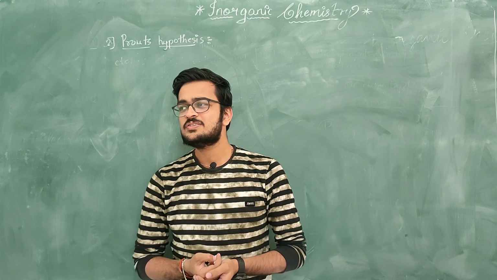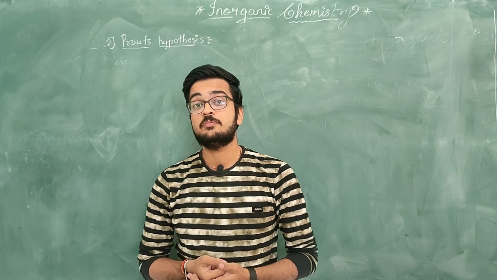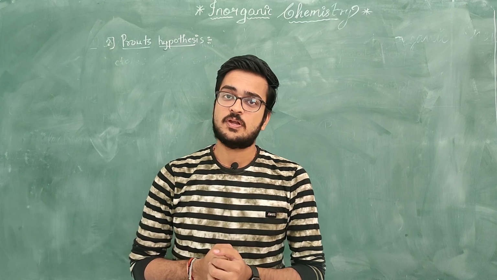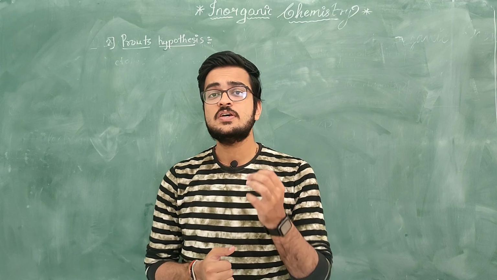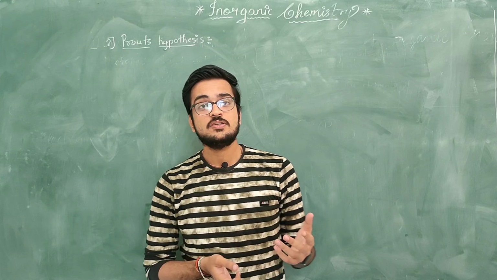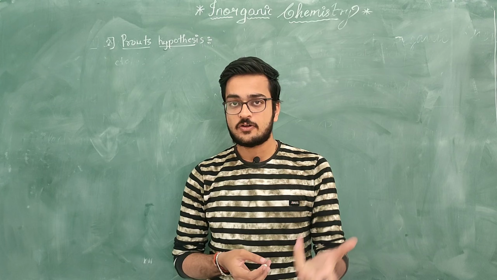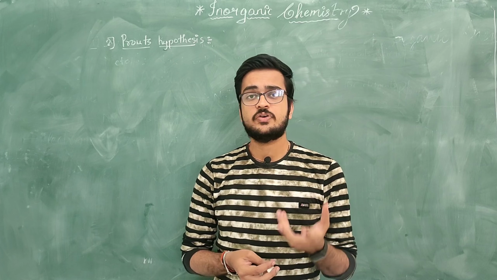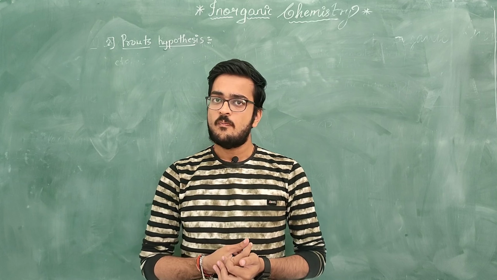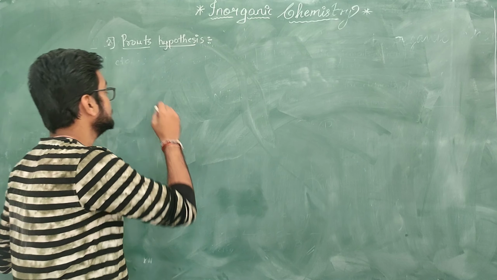Now, Prout just gave a very simple hypothesis, again like Lavoisier. He said that each and every element is composed of hydrogen, because at that time hydrogen was the simplest, and even right now hydrogen is the simplest element discovered because it contains only one electron. So he said that all elements are made up of hydrogen, and if you want to calculate the atomic mass or atomic weight of any element, simply multiply n into the mass of hydrogen. But it was again not right.